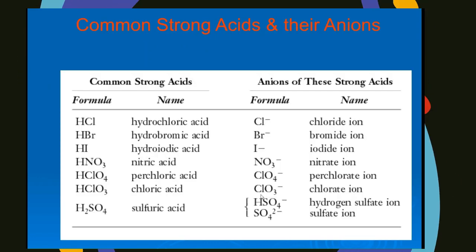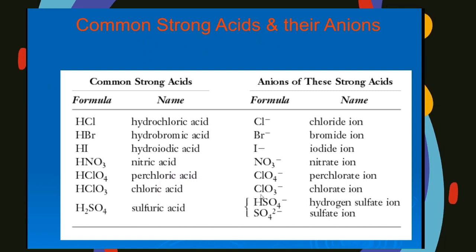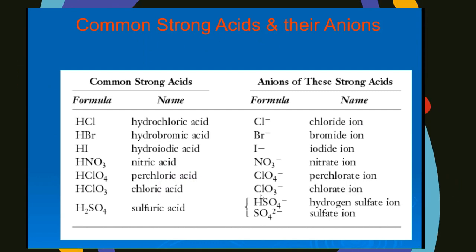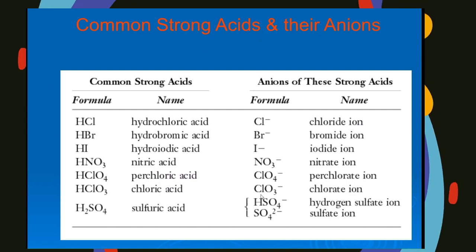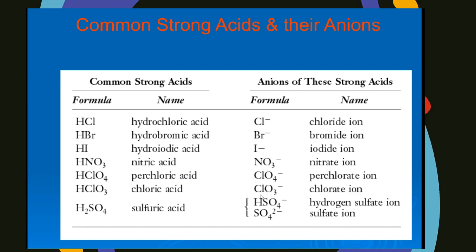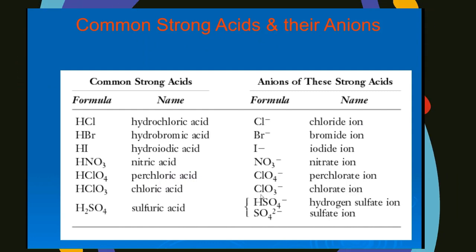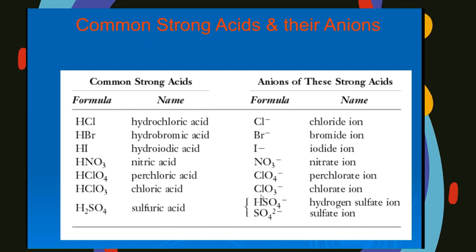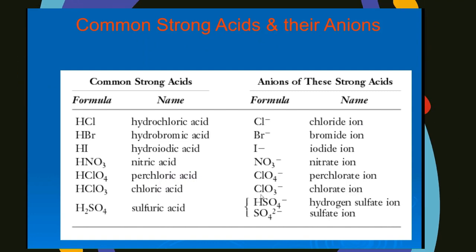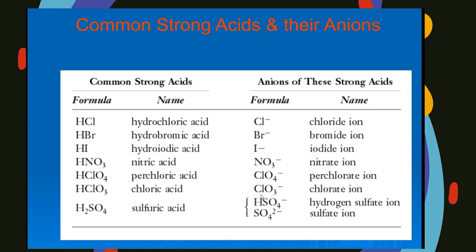Let's see some common strong acids and their anions. Okay, common strong acids and anions of these strong acids. Now HCl, the formula is given and the name is also given. Okay, and the ion is also given. From HCl we are getting Cl-, that is chloride ion. Then HBr gives Br-, that is bromide ion, HI gives I-, iodide ion, HNO3 gives NO3-, nitrate ion, then HClO4,